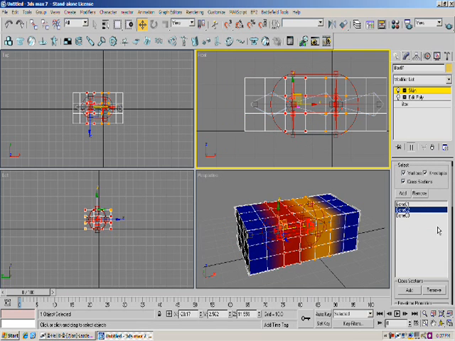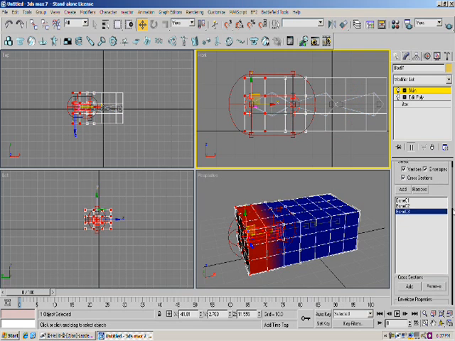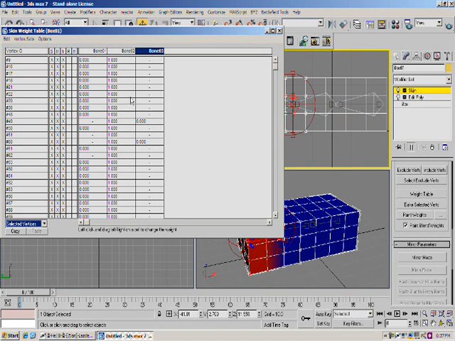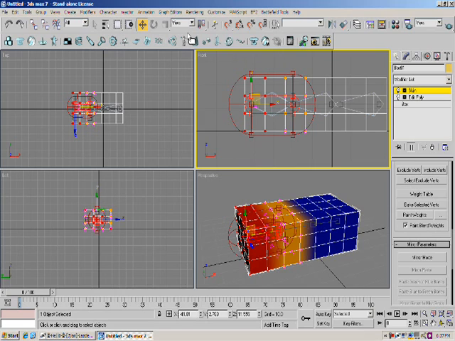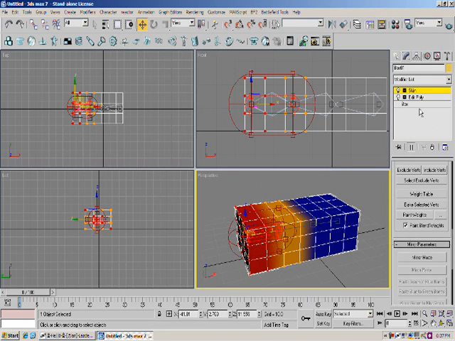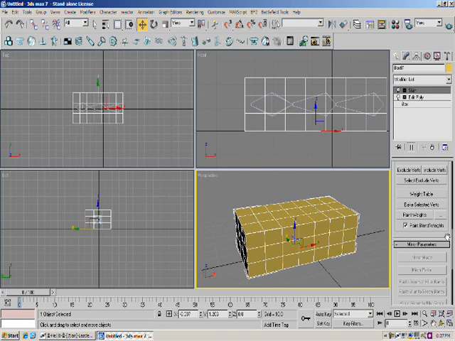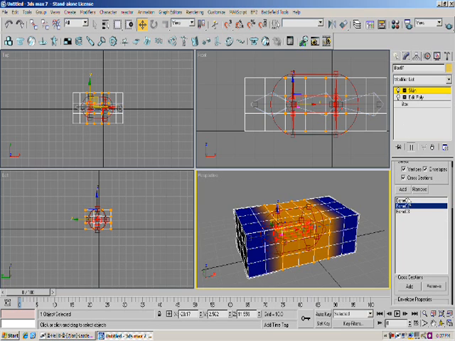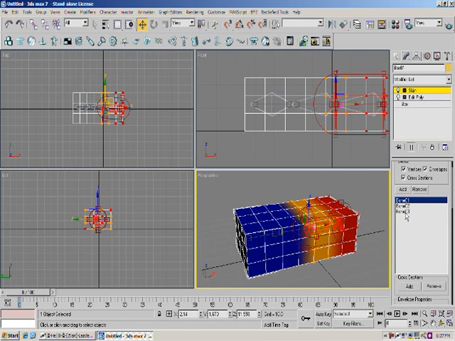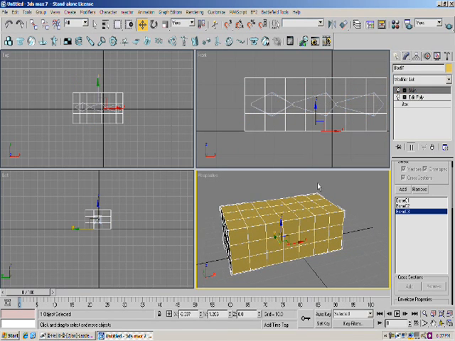This is where I'm going to want the bend to be. Select it on bone 3. Weight table. Select all. 0.5. Alright, so the middle bone here is kind of going to be completely in yellow. It's going to be the center point of the bend. So as you can see, the center bone bends on both pieces of its controlling mesh. So now if I take this bone here,